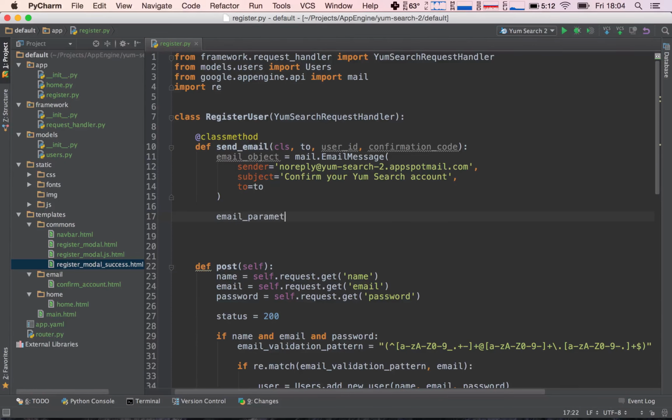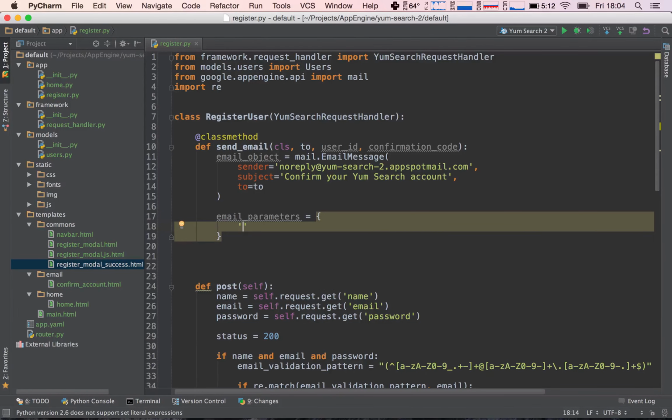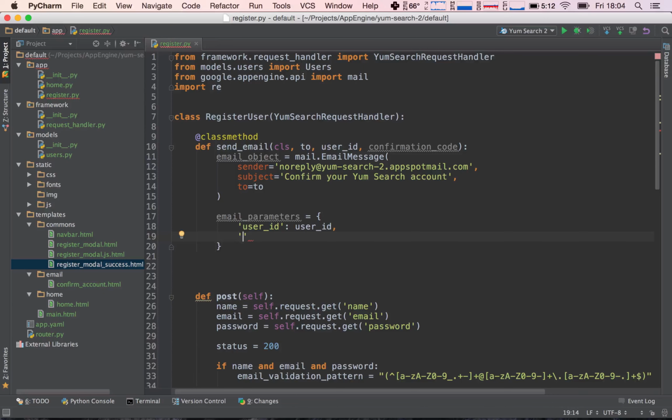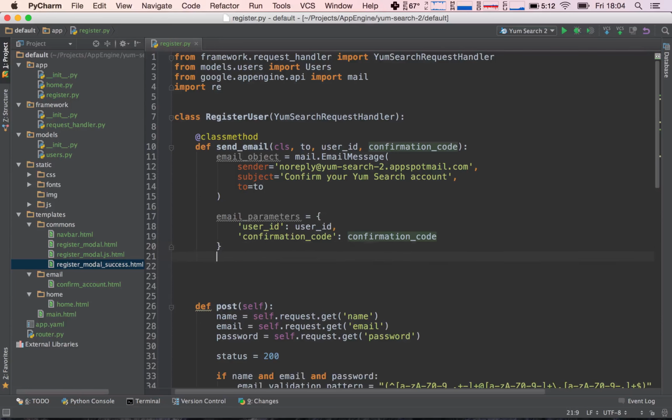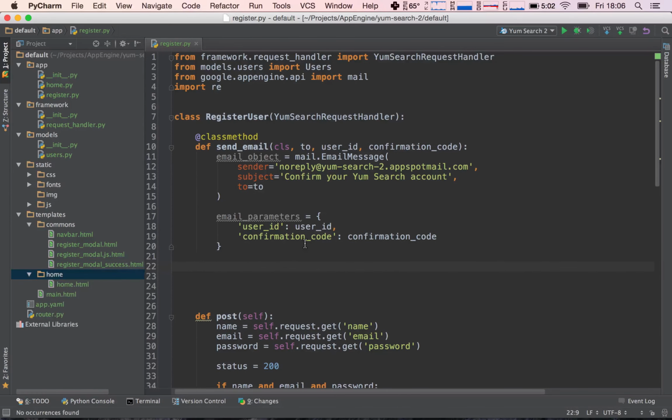So let's say email parameters is going to be a dictionary, and one key is going to be, for example, the user ID, and it's going to be the user ID we pass into the function, and the other one is the confirmation code, and it's going to be the confirmation code we pass into the function. Okay, good. Okay, so the next thing we need to do is we need to actually render the HTML. So let's say HTML from template